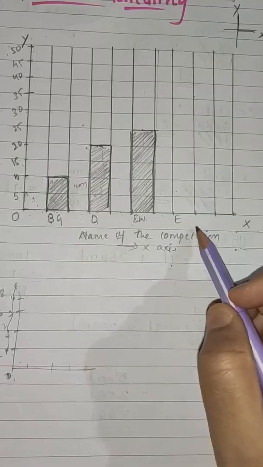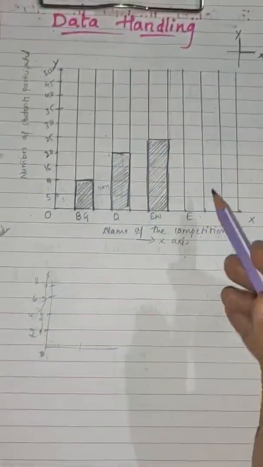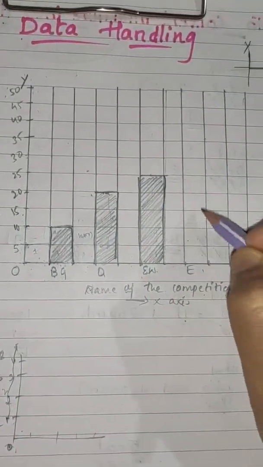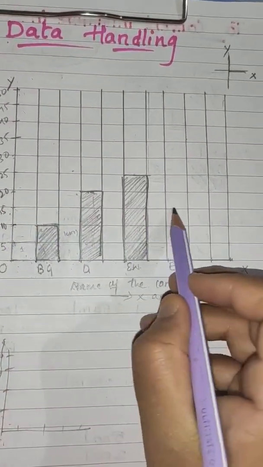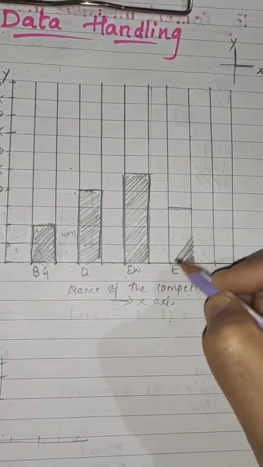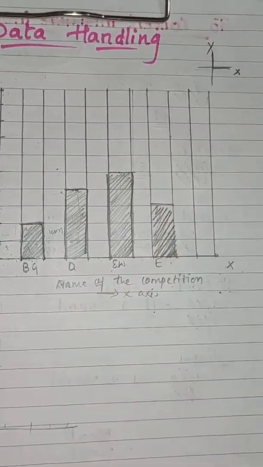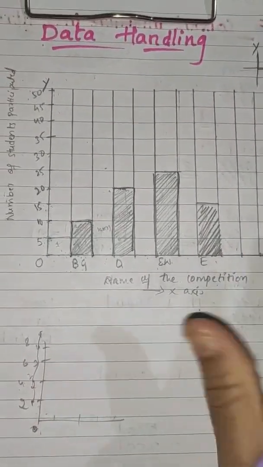Okay. Next is allocation. How many students have participated? 15. So here it is allocation, 15. Where is a 15 here? Here is a 15. Can you see here? Here, this is a 15. Isn't it? So we'll put the color, or I will just shade it. Okay. Now I'm shading it like this, just to make you understand. Okay. So see here, this is the bar graph.